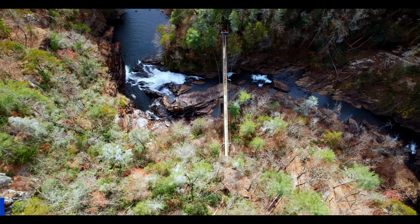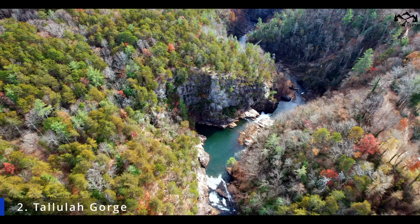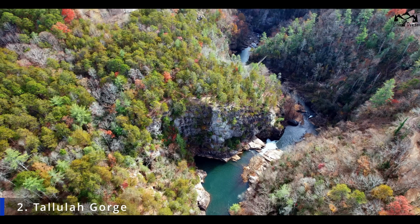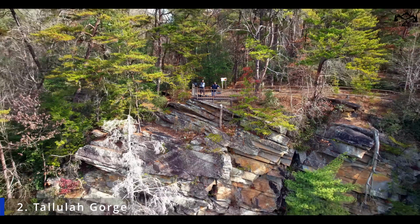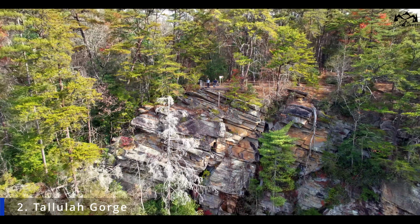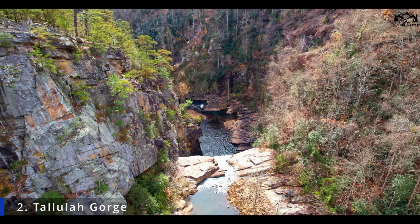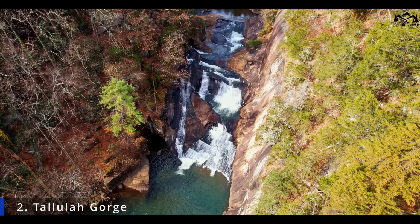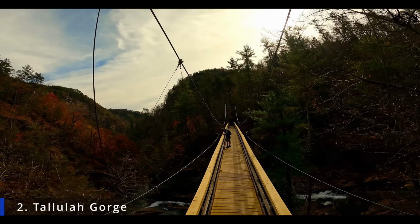Next up is Tallulah Gorge. Tallulah Gorge is roughly a 1,000 foot deep and 2-mile long canyon in the northeastern part of Georgia. It was created by Tallulah River cutting through the surrounding high elevation land. Not only is it one of Georgia's 7 natural wonders, but it also provides many hiking trails. Some on the rim of the gorge where you can also cross the famous suspension bridge and view many overlooks